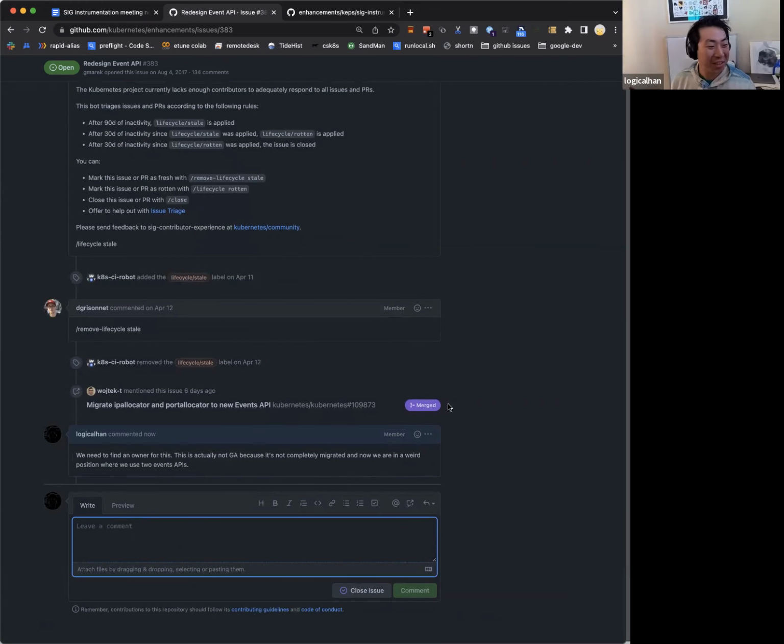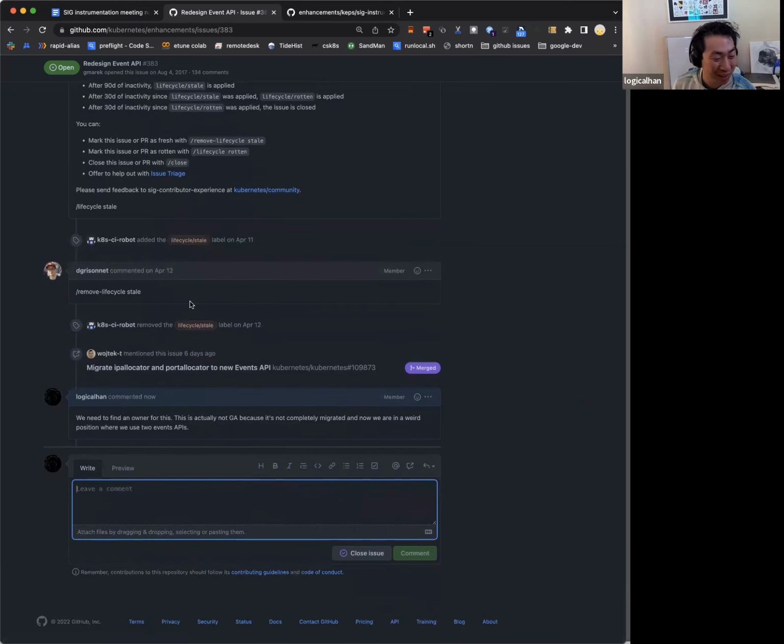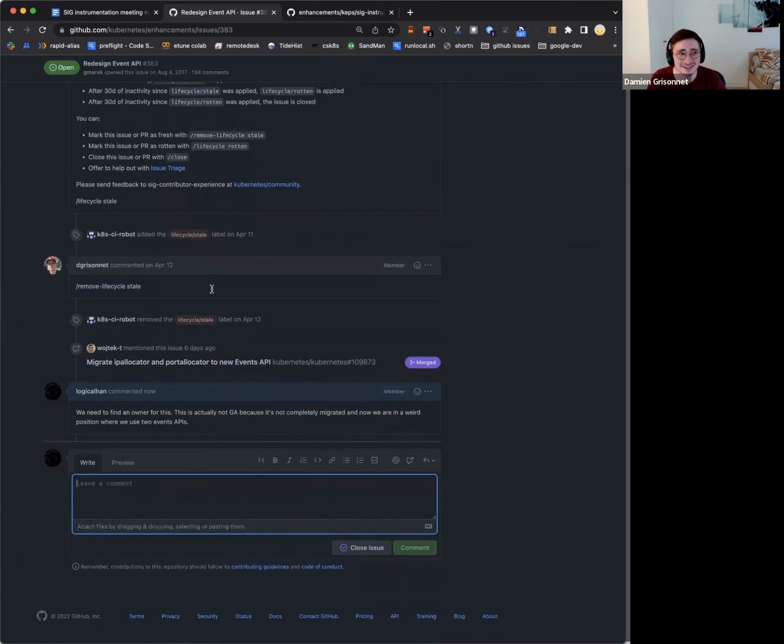I mean, you can't just create a new events API and then call it done. This is why the migration has to be a part of GA for structured logging. Otherwise, you just introduce the new logging thing and then you have two things. I mean, we have static analysis that will prevent people from doing new stupid things.